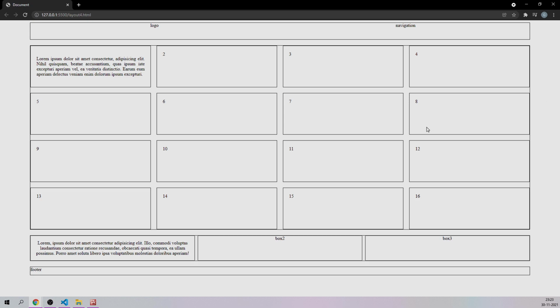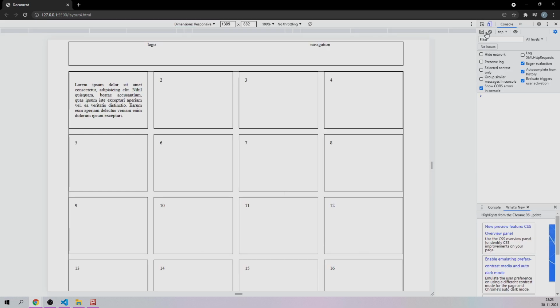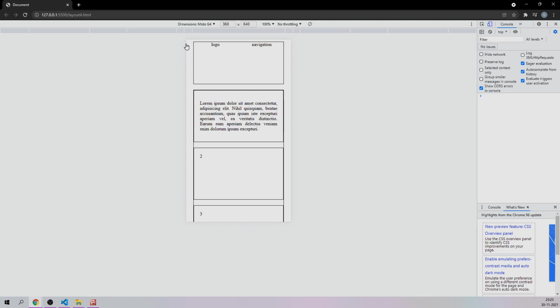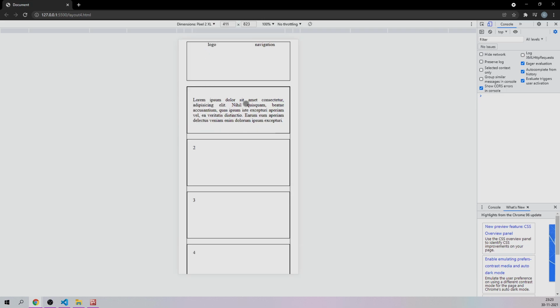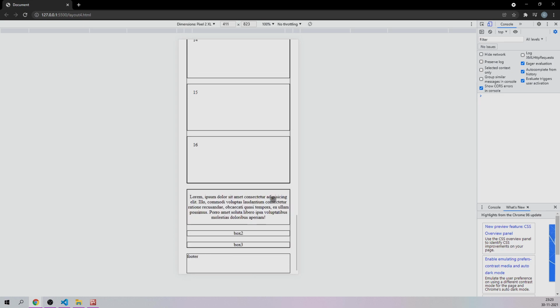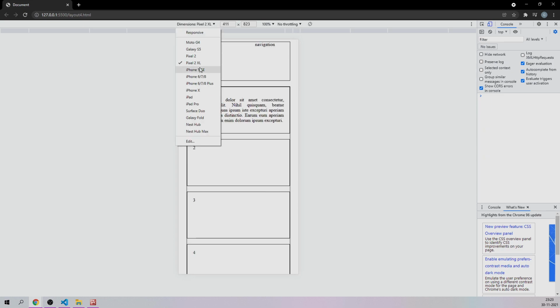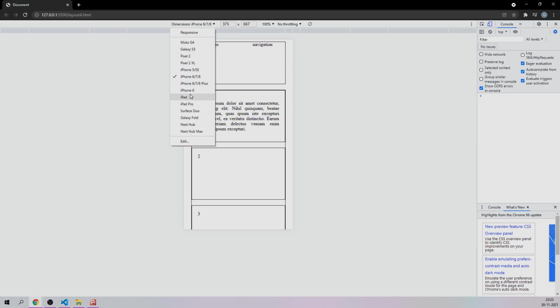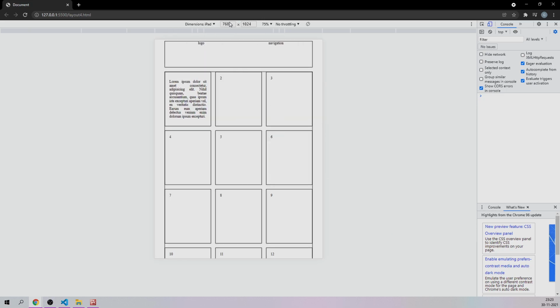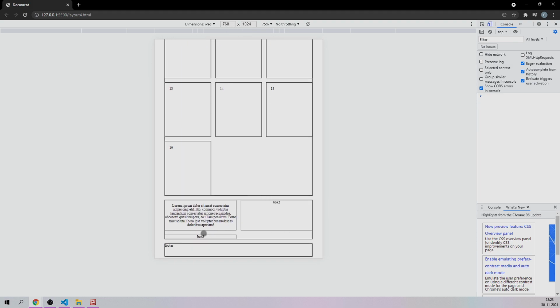And to check for all the devices, you can come inside the browser and just hit F12 if you're using a desktop, or Fn+F12 if you're using a laptop. From here, you can decide what will be the size in Moto G4, Galaxy S5, Pixel 2. Like this, you can change the device and check how it is going to look in each and every device. Let me go to some iPad. See, its width is more than 768, so you are getting 3 columns, and here you are getting 2 columns like this.